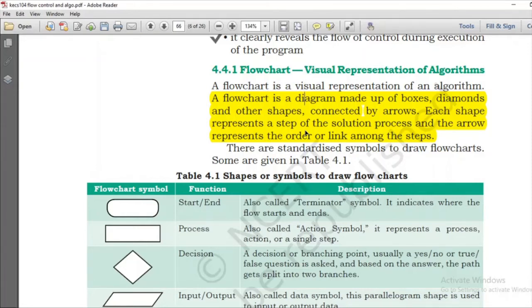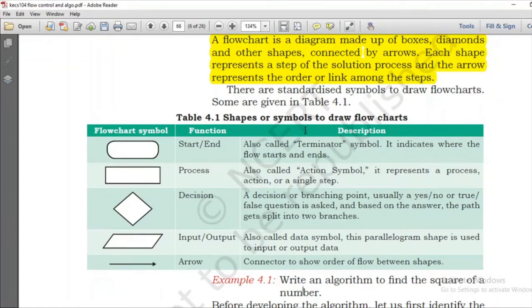be performed. For example, you can see it is a very important thing to learn that how different shapes identify what. So first is start and end. So this shows that the algorithm has started or the algorithm has ended. Next is process. अब इसमें आपने process also called as action symbol and start and end is also called as terminator. It represents the process कि आप उसमें क्या काम कर रहे हो. Next is decision. Now decision is usually yes or no or true or false. You will understand these symbols in a better way when we discuss the examples in the coming pages.